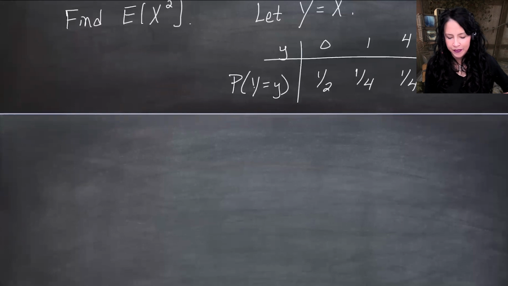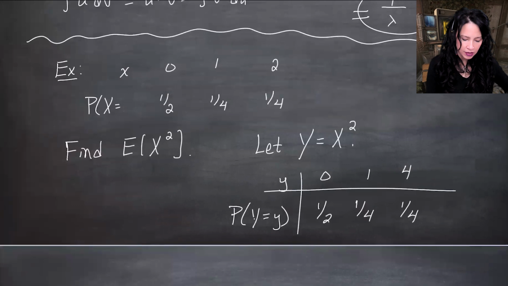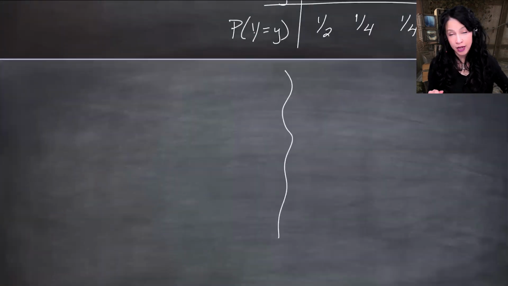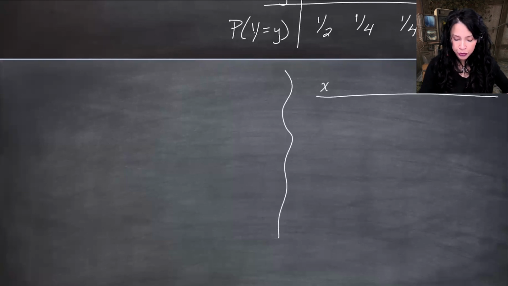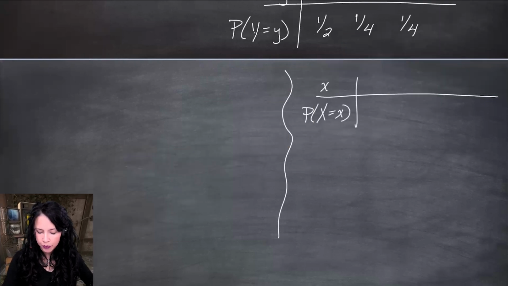Maybe I have to do a little aside here, because the support for the distribution might change, and you might actually have to add some of the original probabilities. Just as a quick aside, leaving my example of expectation, if we have a new distribution, a random variable x, that takes on the value -1, 0, and 1 with the same probabilities,